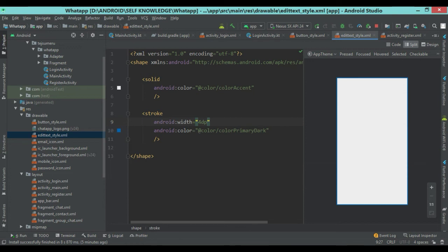We are giving 4 dp. Now corner, and give the radius as 10 dp.